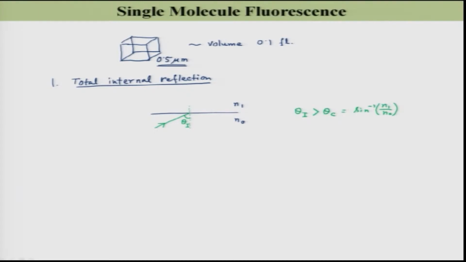So the beam will be reflected in this way. All the incident light will be reflected if it satisfies the total internal reflection condition,